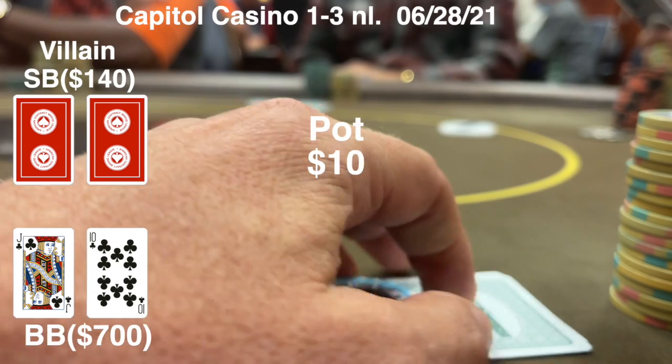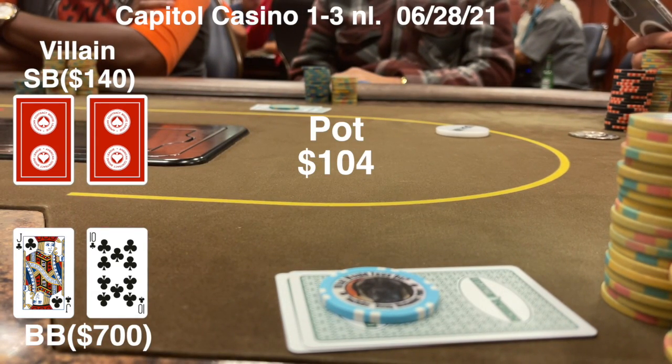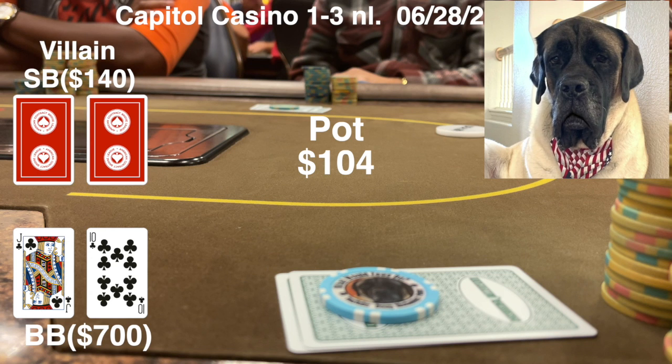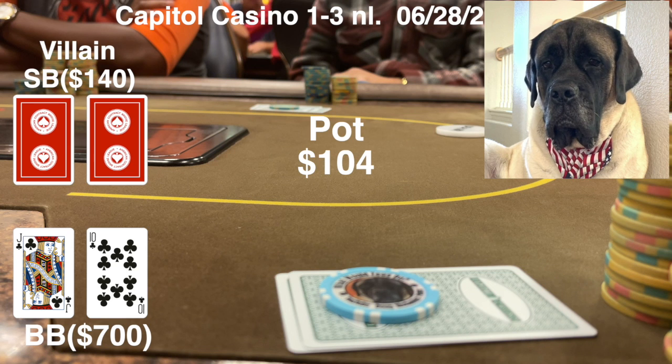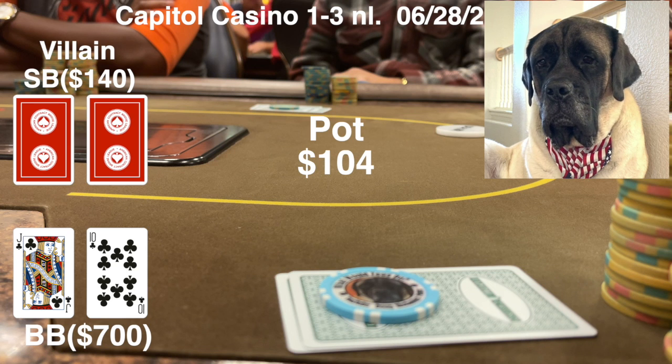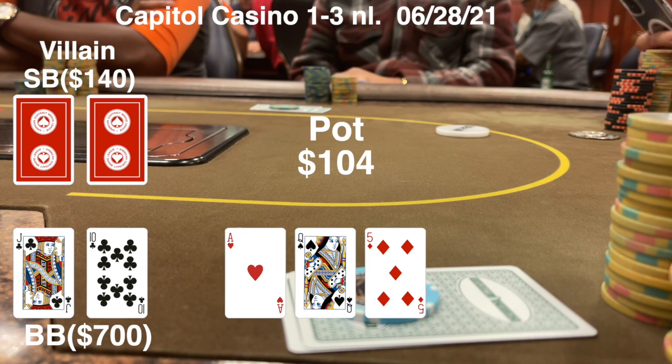I'm in the big blind with Jack 10 suited. There is a straddle on. We get 1 late position limper. The small blind completes. I raise to 26 and everybody calls. Obviously, I didn't raise big enough. If you want to play the hand like a big dog, you have to raise like a big dog, not like a little chihuahua. So we're going 4 ways to a flop with 104 in, and we get a flop